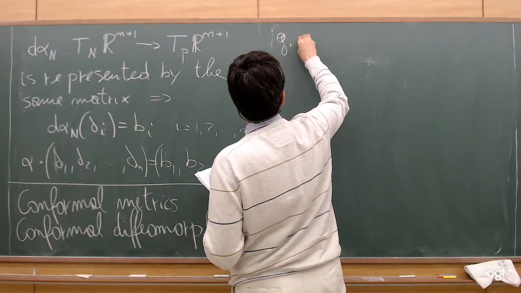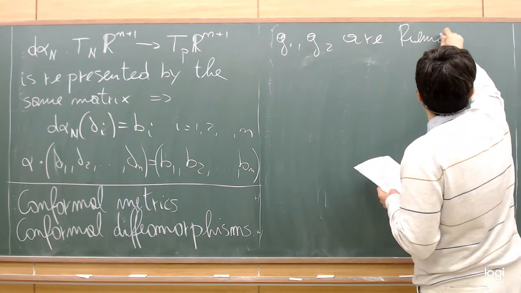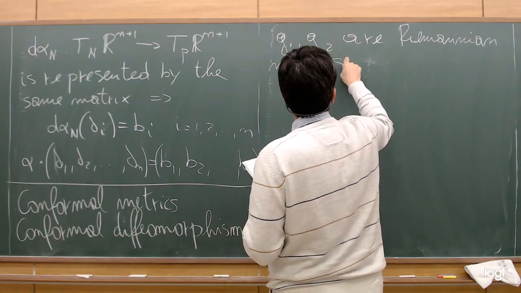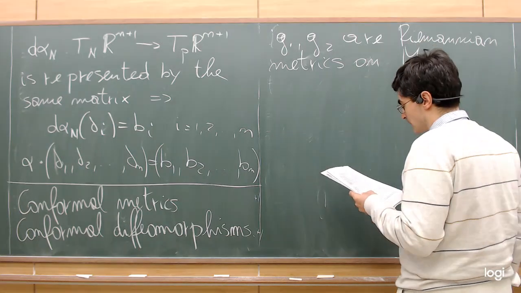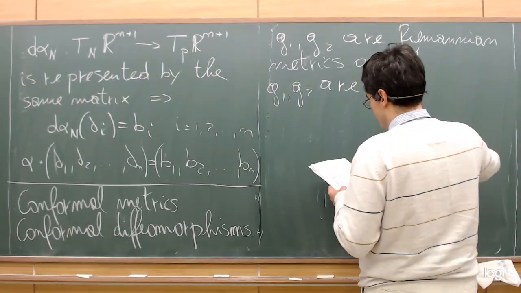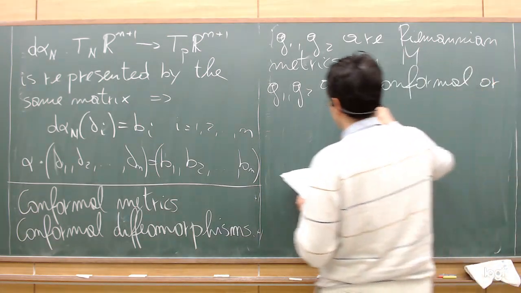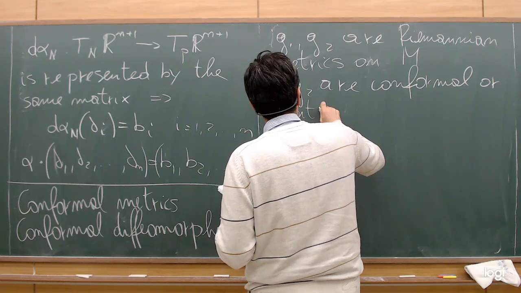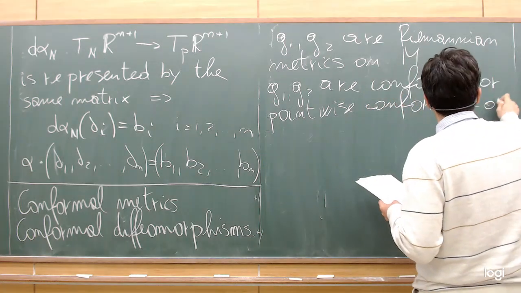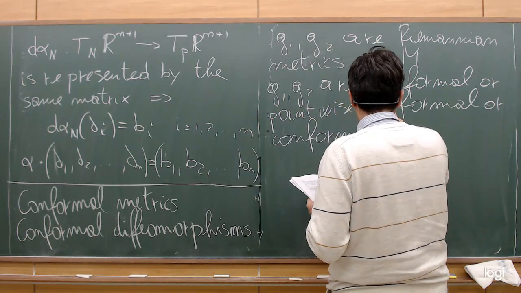Suppose that G_1, G_2 are Riemannian metrics on a smooth manifold M, then G_1, G_2 are conformal, or pointwise conformal, or conformally related. There are three possible expressions you can use